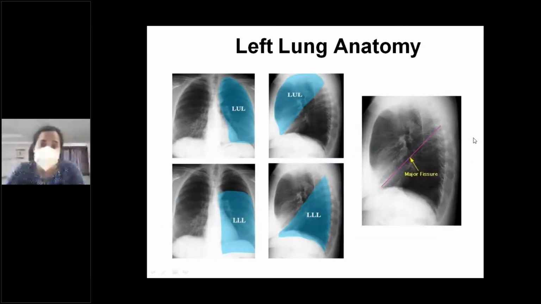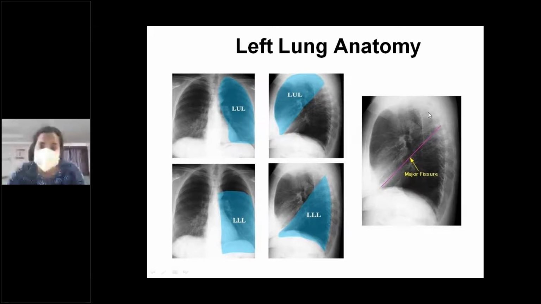Next, this is the left lung anatomy, where you have only a single fissure, which is nothing but the oblique or the major fissure. Approximately from the level of the T3, T4 spinous process, it tends to extend across the hilum up to the costophrenic angle, and superior to it is the left upper lobe, and inferiorly is the left lower lobe. Of course, on an AP radiograph, it is pretty difficult to differentiate the left upper lobe from the left lower lobe. However, it is always known that the left upper lobe tends to occupy from the level of the apex till almost the lowermost part, like till the diaphragm.